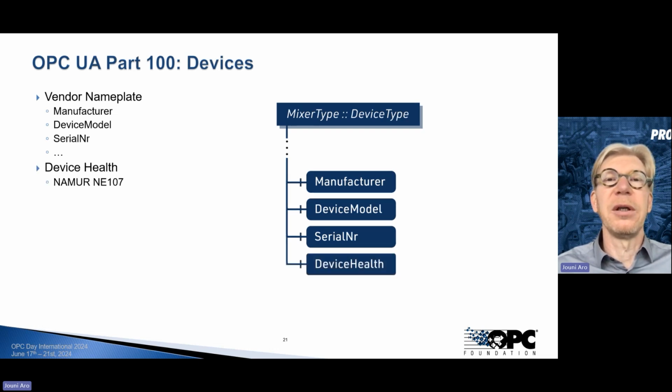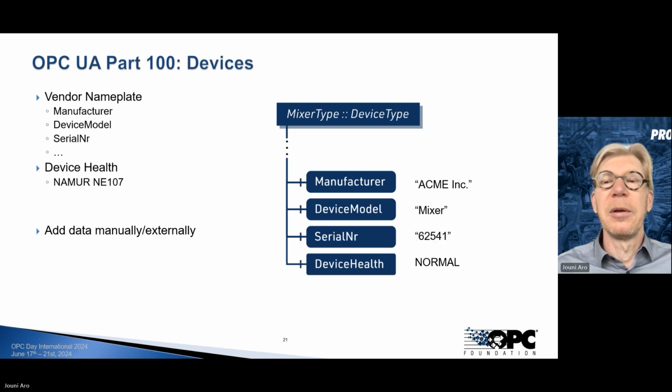And also device model defines the device health that could be used for condition monitoring if all the devices would provide this. These models use the NAMUR NE 107 model for the device health. But of course, then this information needs to come from somewhere. So we could just have a constant mapping for the nameplate information. The device health is of course a good question, what kind of logic do you need to really monitor that? But